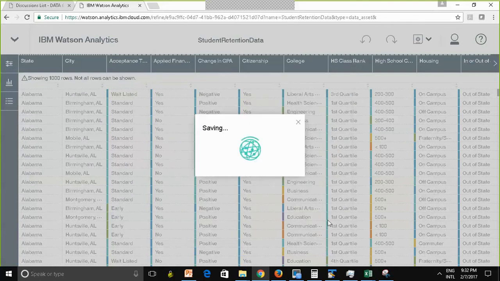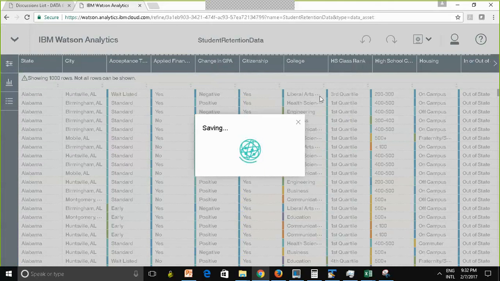I want to create my local copy, right? That's it. And then I'm going to play around with my local copy of the file. There we go. And it still keeps on saving, but while it's saving, notice that you have a similar